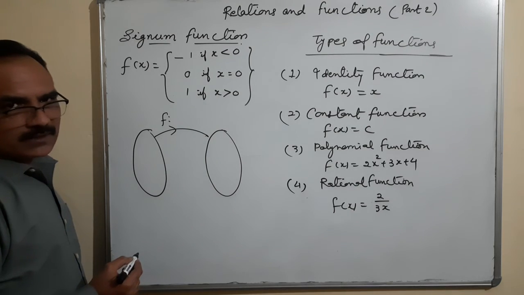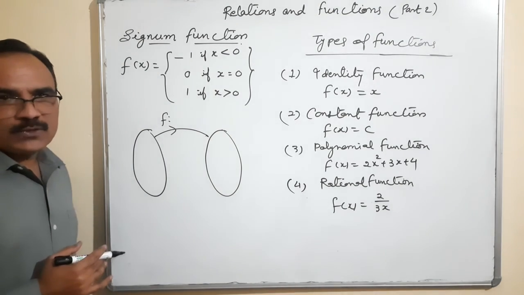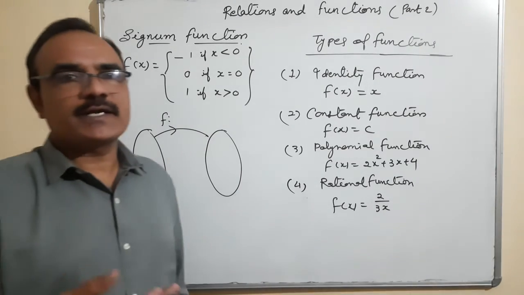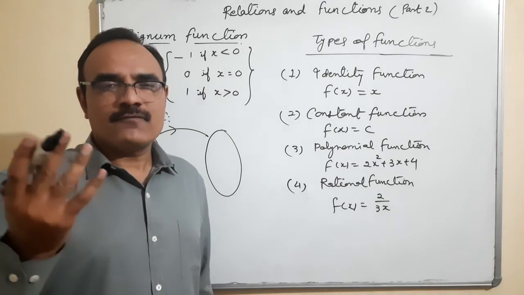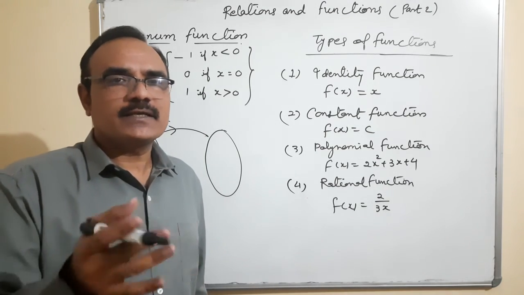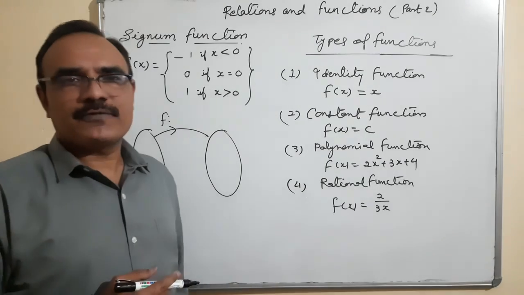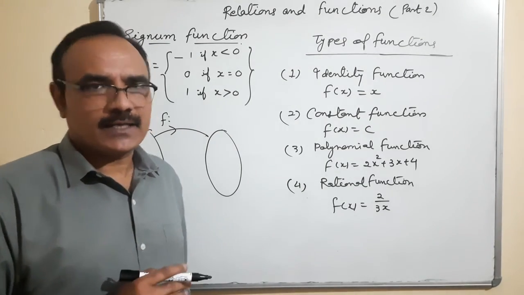You may be surprised: what are the other numbers? The real number set is the biggest set. But no, in the next chapter there is the complex number, which is treated as a bigger set, bigger than the real number set. So for complex numbers, these functions are not defined. Functions are defined only for real numbers.